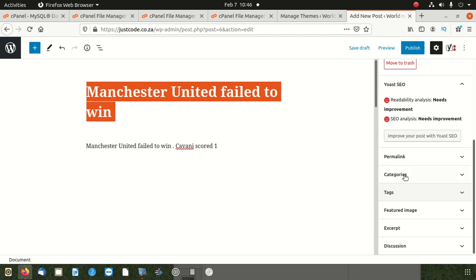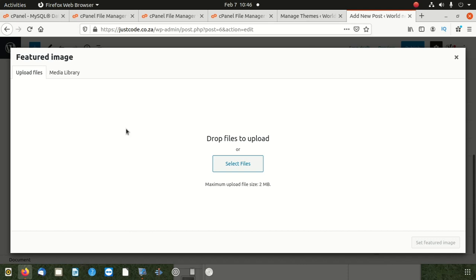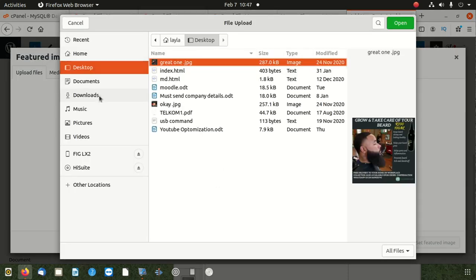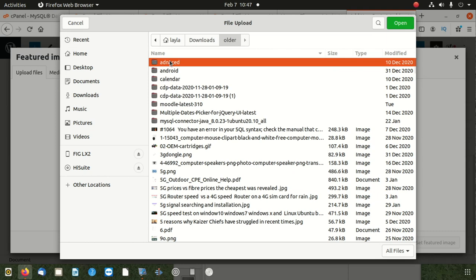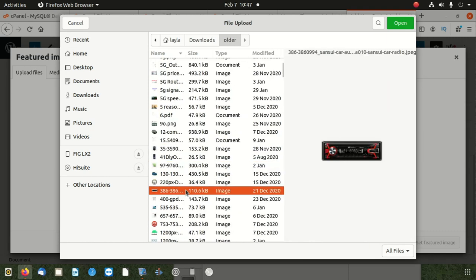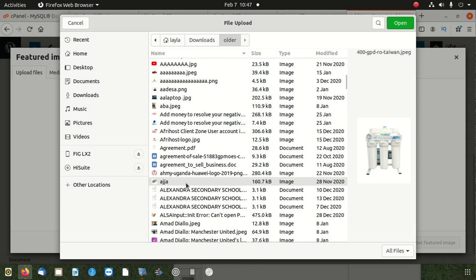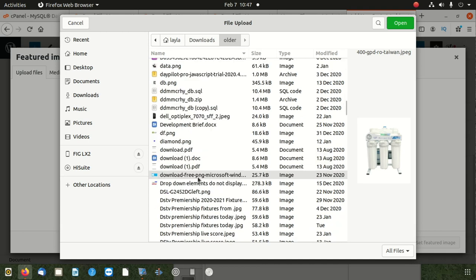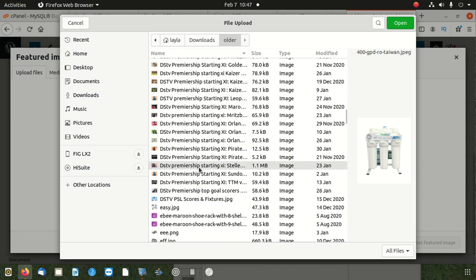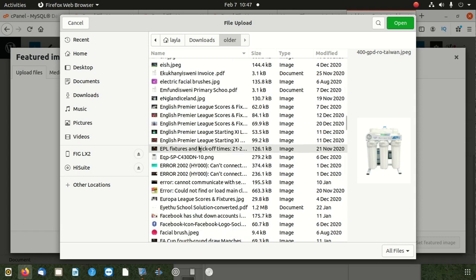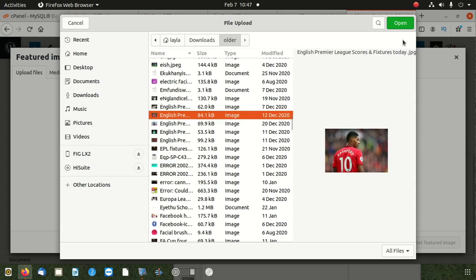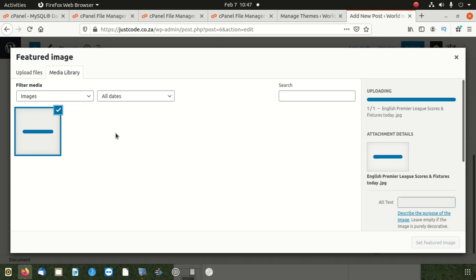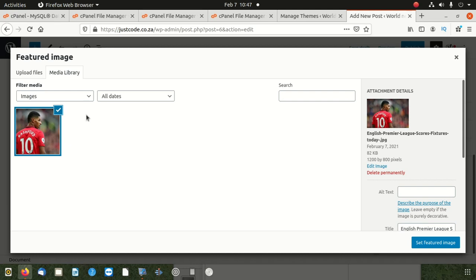Okay, here I say featured image. I have to put an image here. I'm gonna go to my images, old images. I'll look for any Manchester United, Premier League. I want to see English Premier League. I get that, that is fine. We put one here for Rashford, and after doing that we put